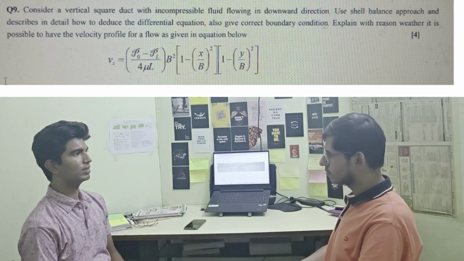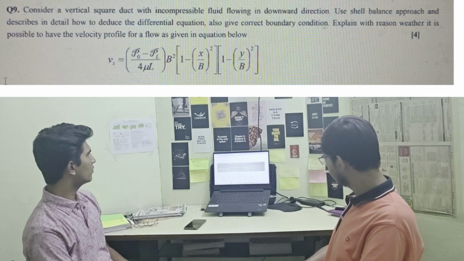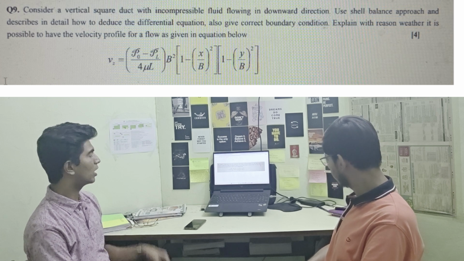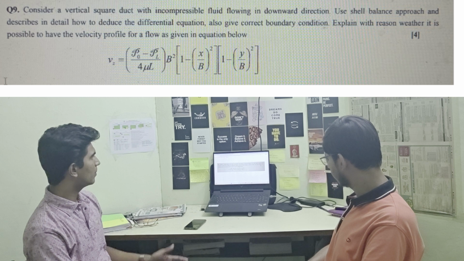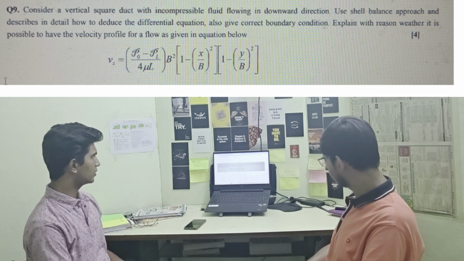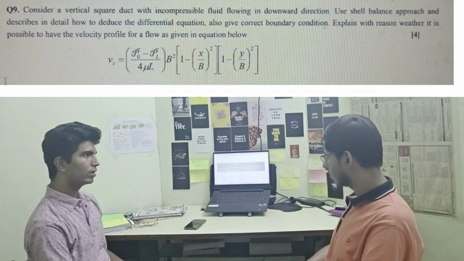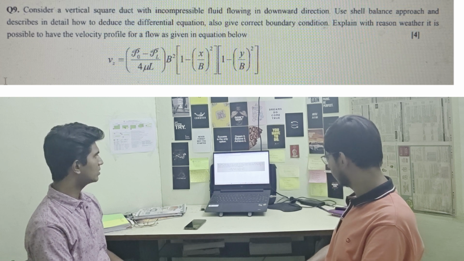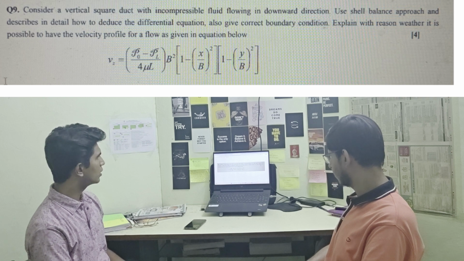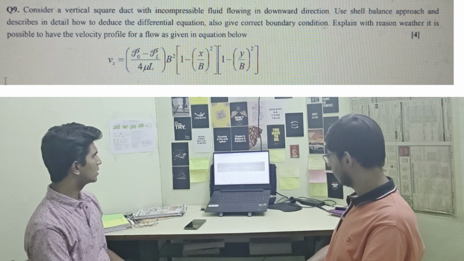Okay, Nalin, here's another problem. Consider a vertical square duct with incompressible fluid flowing in the downward direction. Use the shell balance approach and describe in detail how to deduce the differential equation. Also give the correct boundary conditions. Explain with reason whether it is possible to have the velocity profile for a flow as given in the equation